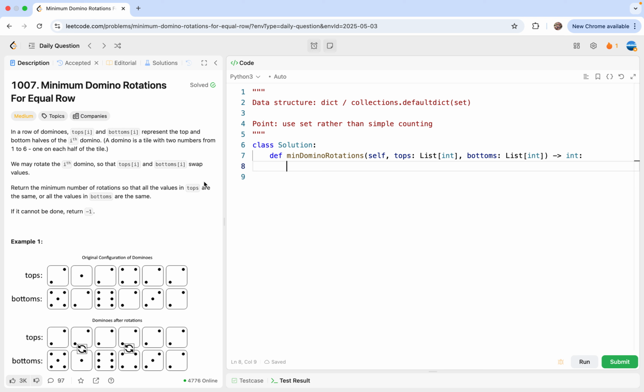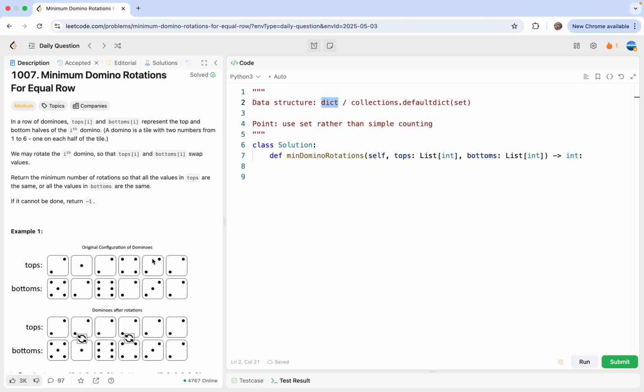In this video, we are going to look at problem 1007, minimum domino rotations for equal row. The data structure we are going to use is a dictionary. More specifically, we are going to use the different values 1, 2, 3, 4, 5, 6 as the key, and a set of indices as the value, right? So later you will see we are going to use a set rather than simple counting of the frequency of a